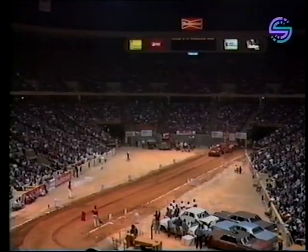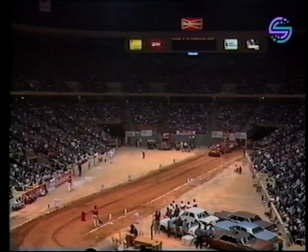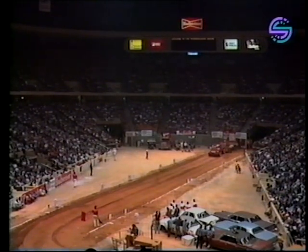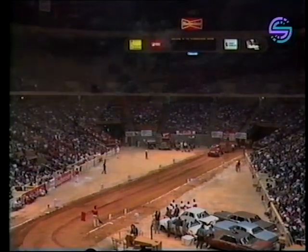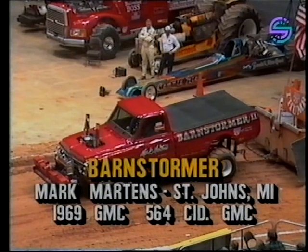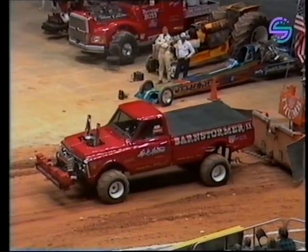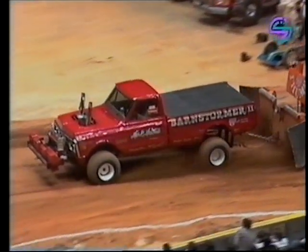Exactly. We're here at the Brendan Byrne Arena in the Meadowlands Sports Complex in New Jersey, just across the river from the great city of New York, and a big crowd all the way up into the rafters here. This is normally the home of the New Jersey Nets in the National Basketball Association and the New Jersey Devils of the National Hockey League. Here's Barnstormer